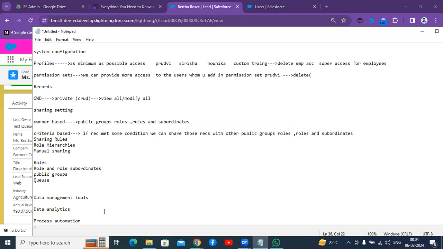Coming to the data management tools, the Salesforce standard tool, which is Salesforce's innate tool, is the data import wizard. The second one is data loader. It is an external tool. You have to install this application in your system. And data loader.io, it's a third-party application which we can access with the browser. The next, Workbench, Salesforce Inspector.